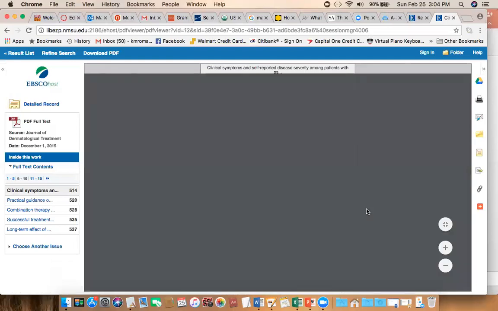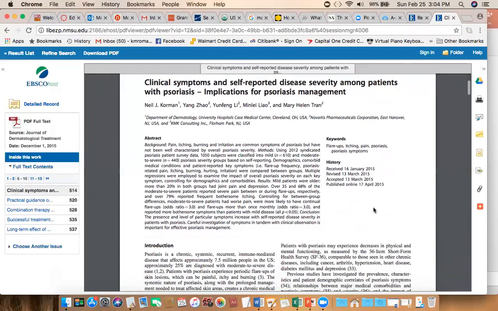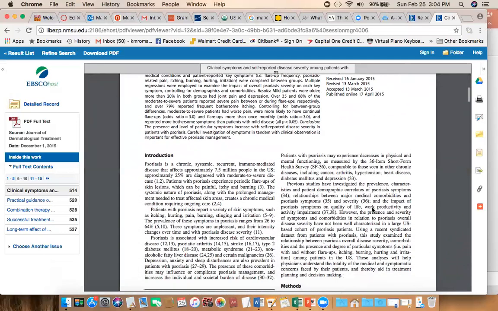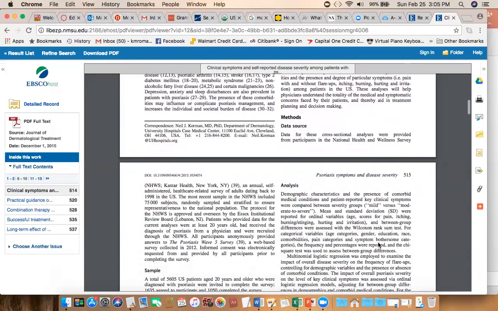And now I can read the whole article. So there's the same abstract that we just read. However, there's also this introduction where you can find a lot of good information. Now, I talk about symptoms as well, but things like an increased risk of cardiovascular disease and stroke and diabetes. So there's going to be some very helpful or very useful information in your introduction and also in your methods